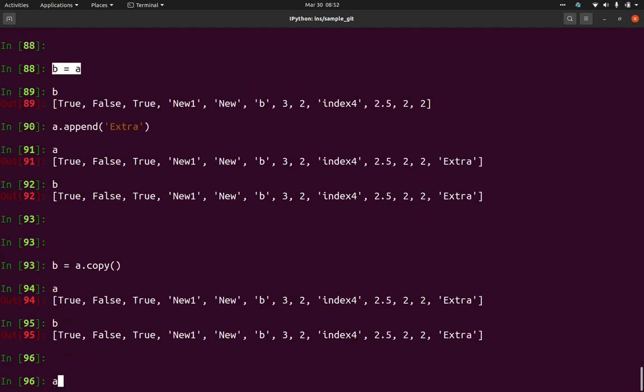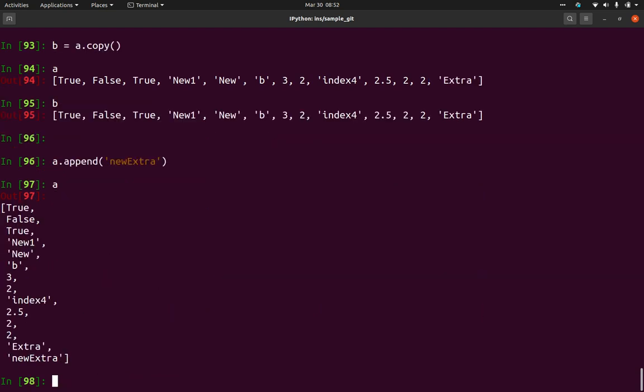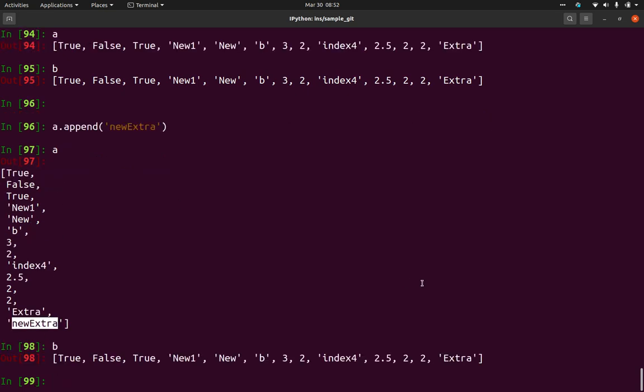Now A is this, B is this. If I add anything in A, new extra, you can check that new extra has been added in A, but it has not been added in B. This is called a deep copy. We are copying all the elements and keeping them separate.